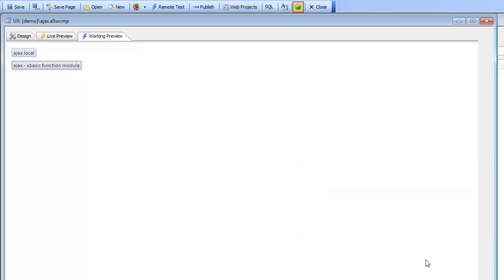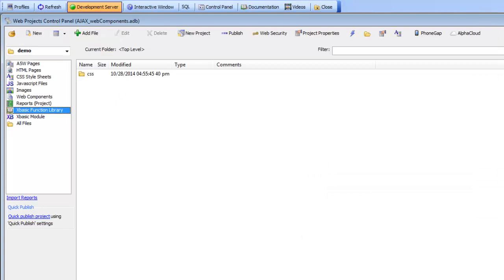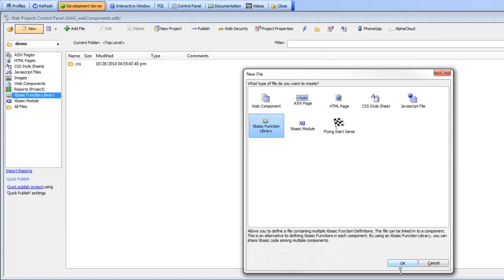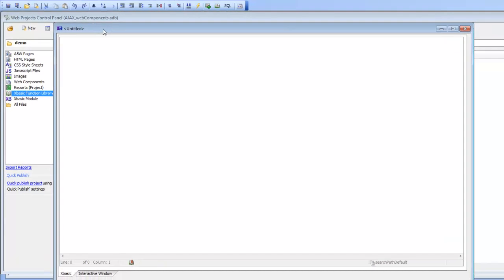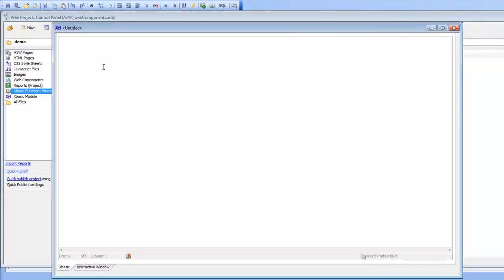So let's go now to our web control panel here, and you'll see that there's a category called XBasic function library. Let's go ahead and open up the editor. We have a modeless editor right now. It's an MDI window, and I can define function F2 as C and E as P, and then F2 equals alert hello from F2,